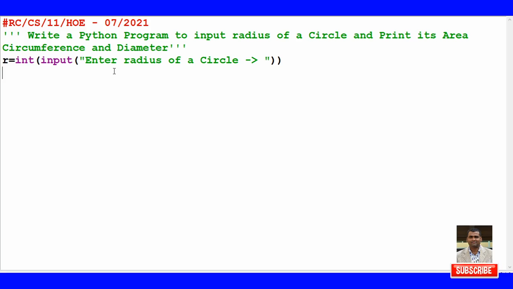Now what about area? Area is pi r square, and how to write pi here? I'm going to write p for pi equal to 3.14, right? So I declare pi is of which type? 3.14, and 3.14 will go as a floating type. Now I need to calculate area with a Python expression. So area is equal to pi r square. So pi, then asterisk, then r, then again r, pi r square. There is one more way to write r square here. I can write pi asterisk asterisk 2, pi r square, like that.